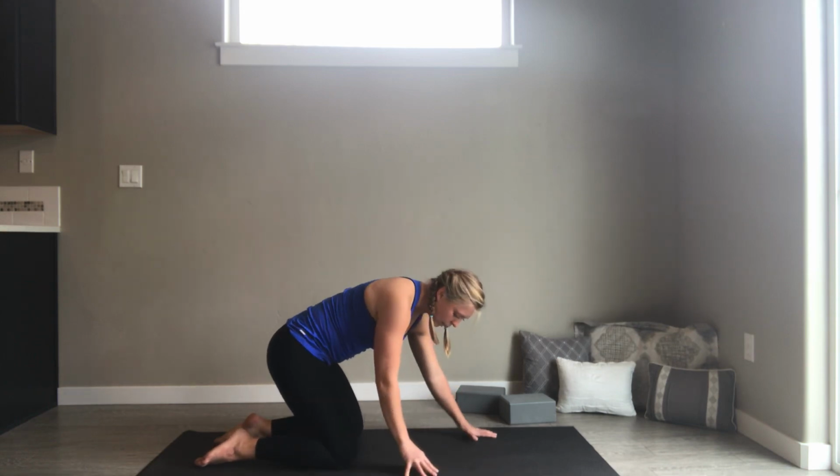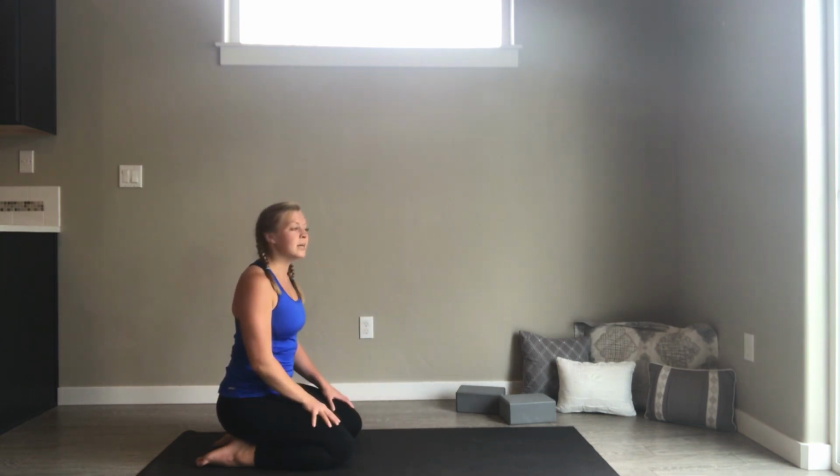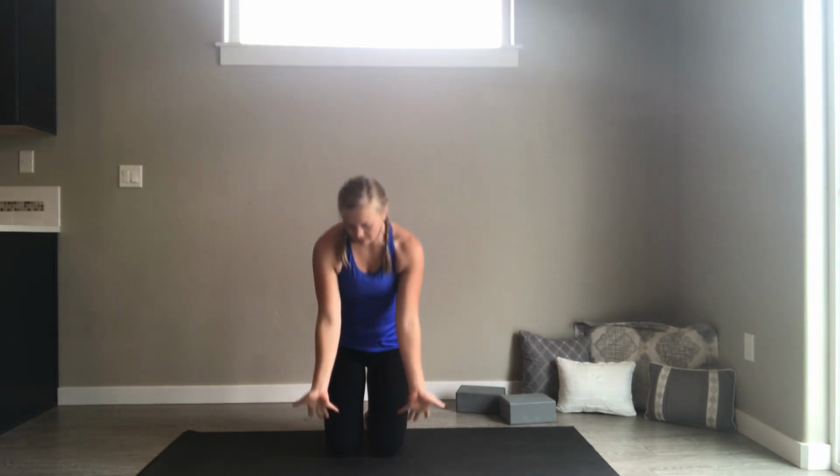We're actually going to walk our hands back a little bit. We're going to do a little bit of wrist stretches. We spend a lot of time on our devices, on computers, on iPads or phones, and so we worked on our neck a little bit, and now we're going to work on just the forearms, the wrists, that sort of thing. So we're going to take our hands, I'll turn towards you, and bring your fingertips and point them towards